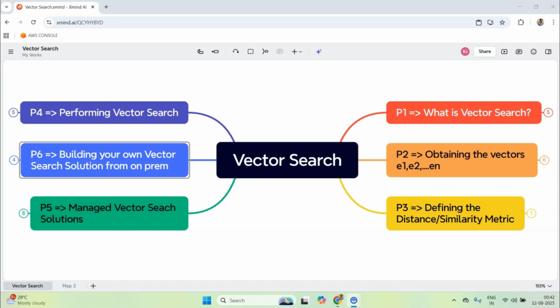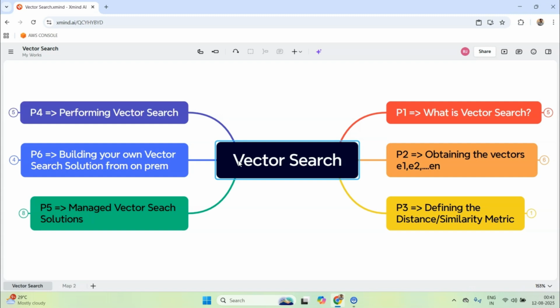Hello everyone, welcome to this new video in which we are going to be talking about vector search. Now vector search is a very modern and hot topic these days because of so many exciting applications that it enables us to perform. For example, RAG, Retrieval Augmented Generation. One of the backbones of RAG is getting the retrieval, so getting the relevant documents from our knowledge base, and that is powered by vector search.